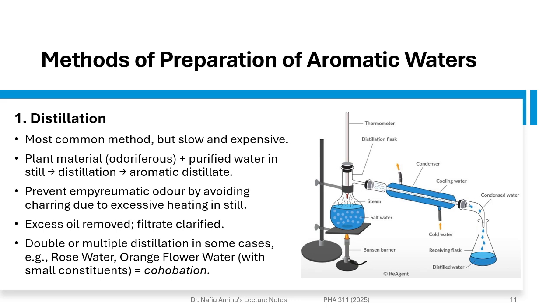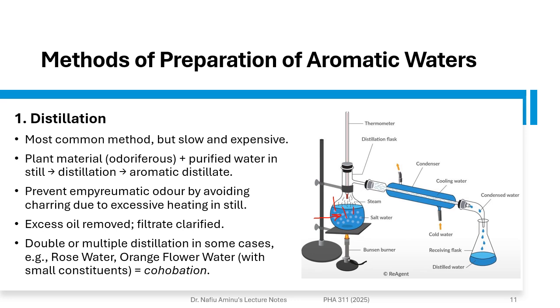In this case, the setup involves what is called a still. This is the still. This still is a kind of bottle, and the solvent is added, in this case water, and then the plant, the odoriferous substances which contain the aromatic constituents, is added in the water in this particular still. It's mixed properly, and then the setup is mounted on the other component of the distillation unit, which contains the condenser and also the receiver. Usually heat is applied to the still using a Bunsen burner, but most modern distillation units now use electric heaters. So heat is applied on this